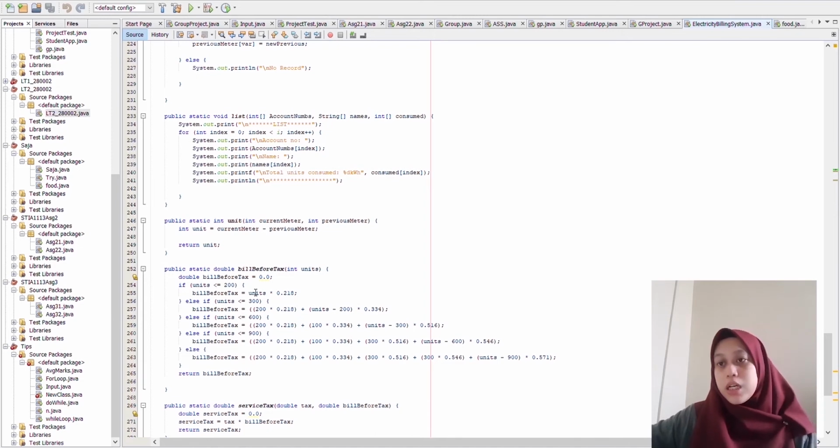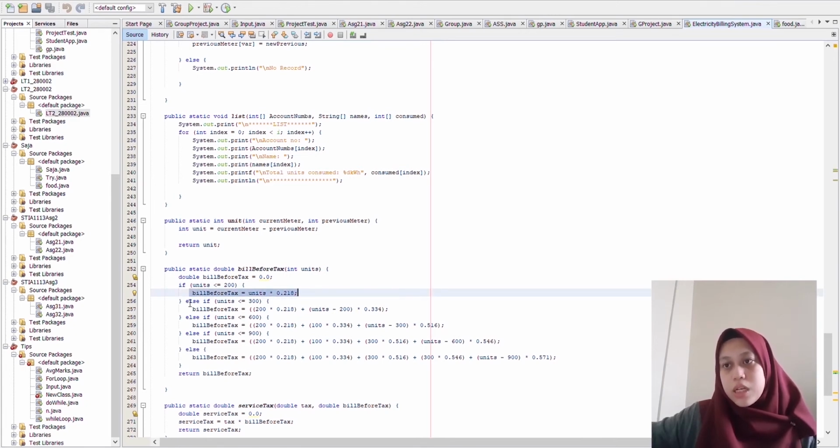So first we check the units. If the units are less than or equal to 200, this will be performed. Else, if the units are less than or equal to 300, this will be performed. So then we will calculate like that, and then the result will be stored in build before tax. So we return build before tax in